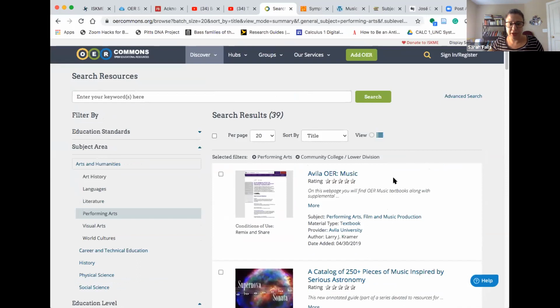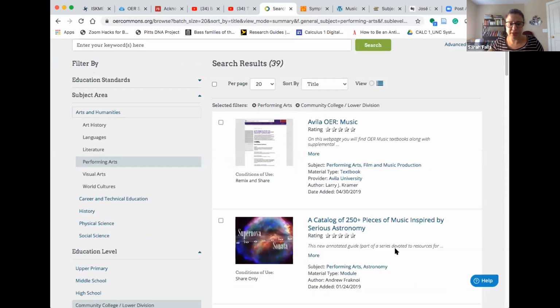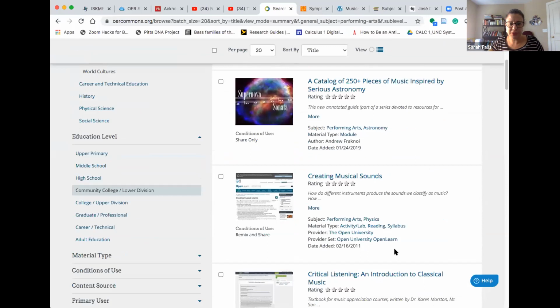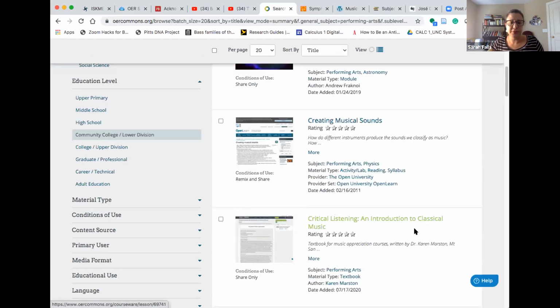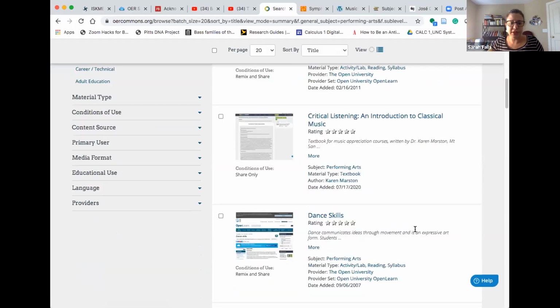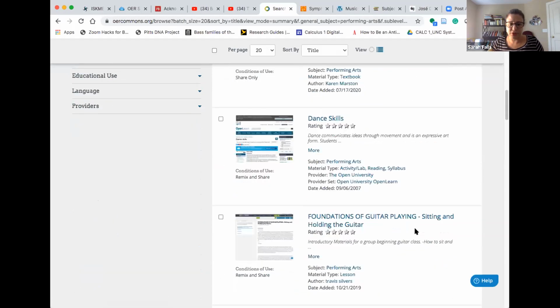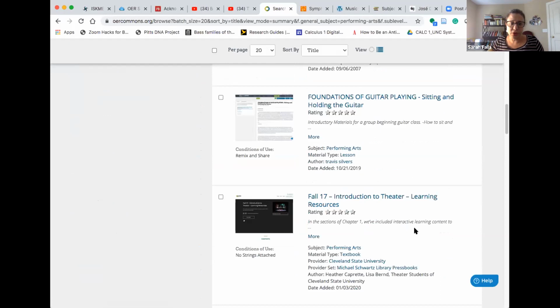We have textbooks and different sites. It seems like we have a lot here for music. Creating musical sounds may be of interest to some, but also critical listening, dance skills, guitar playing. So again, these are all resources that have been created by faculty at other institutions and made available. Once you click,